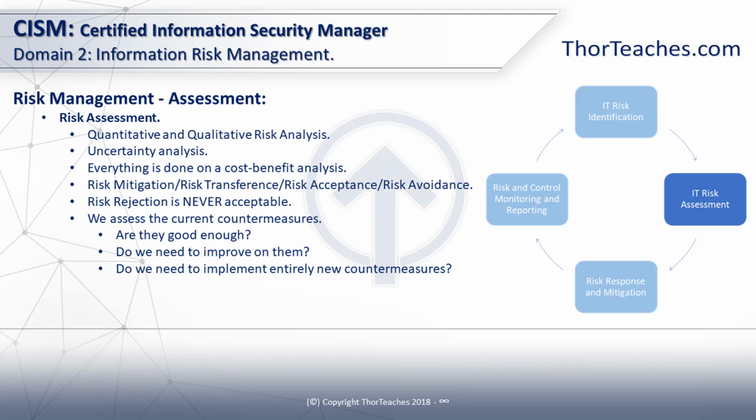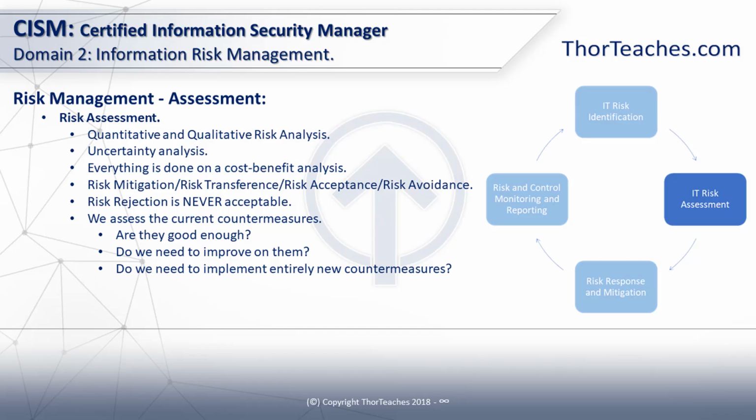Now, what they do with that information is entirely up to management, and they can choose or not to act on our recommendations. So for each risk in our enterprise, we could choose to recommend a risk mitigation. We put something in place that's going to minimize the risk to an acceptable level. And again, everything here is done on a cost-benefit analysis. That is something senior leadership will clearly understand. It's going to cost us $250,000 to put this countermeasure in, but it will save us $1 million a year. Pretty simple math. We can also recommend risk transference, that is buying insurance. And you'll see an example of this as well later in this video.